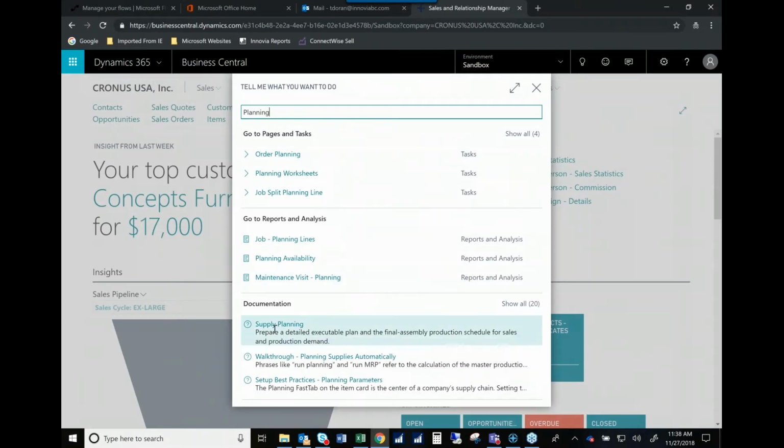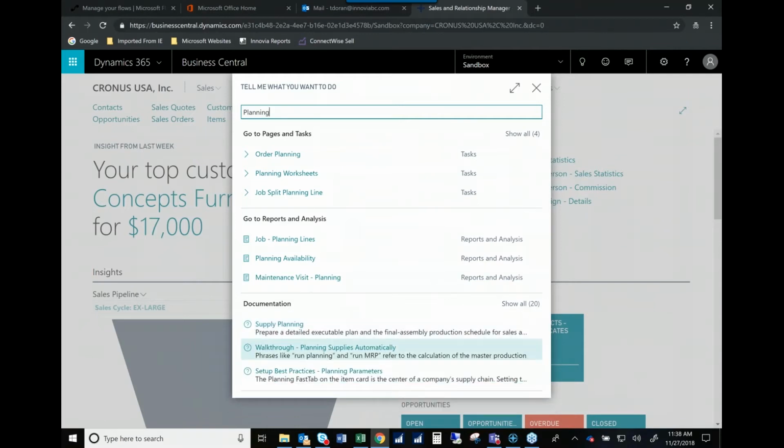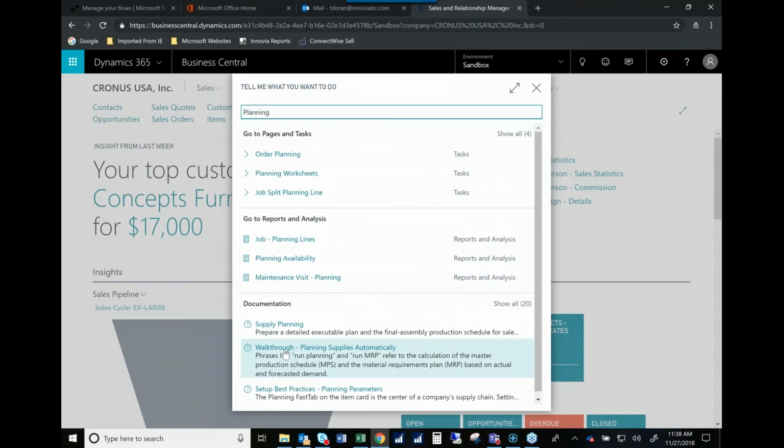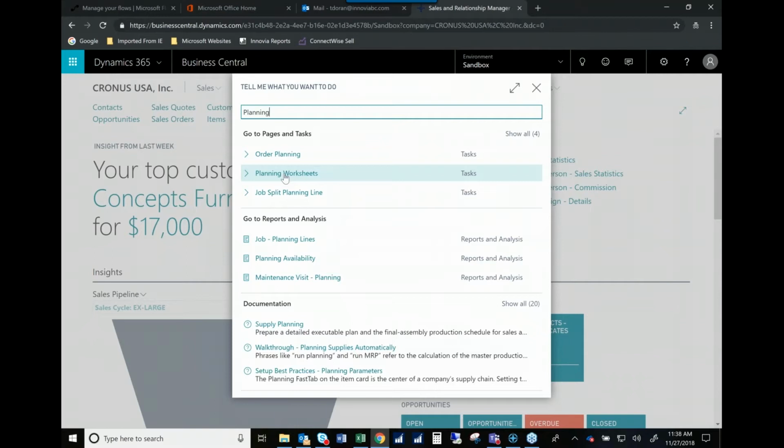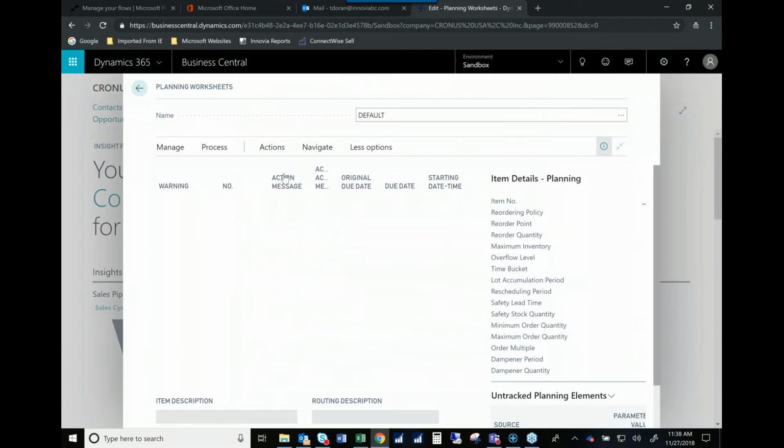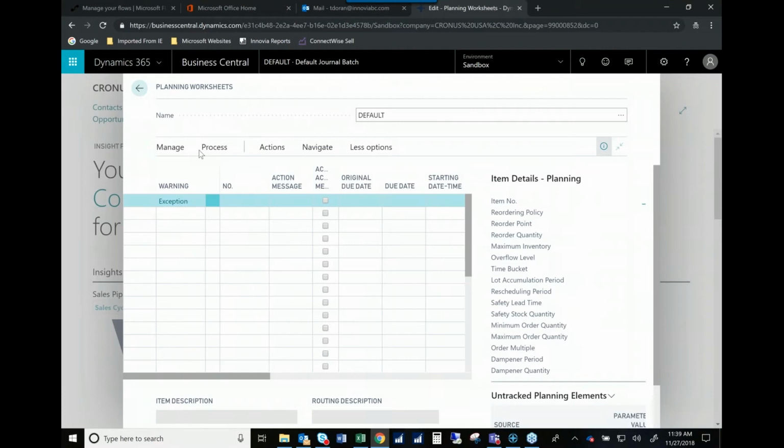So, maybe I want to know how to do supply planning. Maybe I want to get some online help that helps me run MRP. But in this case, I know how to do that, and I do it with a planning worksheet. So I'm going to go into my planning worksheet. And I'm going to manage my process. So as I go in and I want to